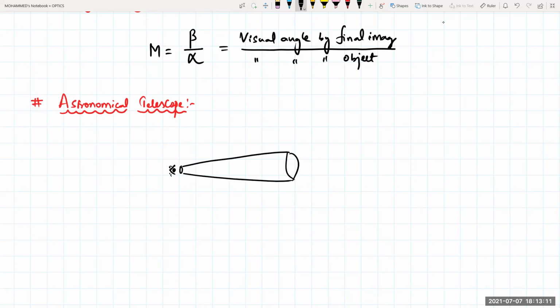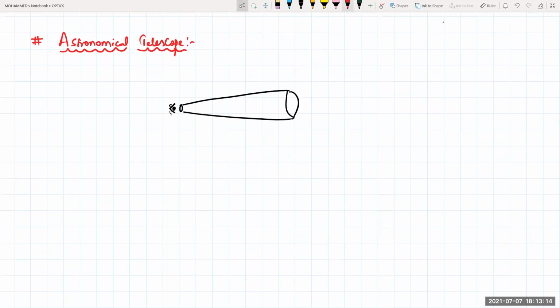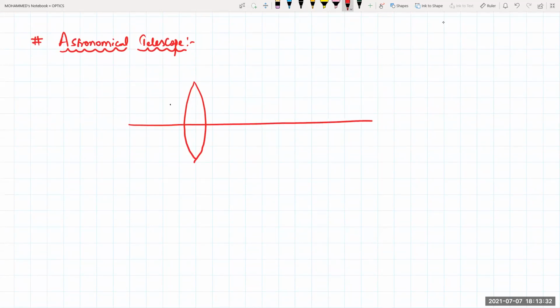Clear? Yes, sir. Now if I am talking about the lens right now, this will be the lens, something like this. This one will be the lens which is nearer to the object. The lens I'm taking first, this one is, for example, the object, this one is the principal axis, and this one is, for example, our eye lens. Okay, so this is your focal length right now. This is the plane of this one, and this is the plane of this one. So this is the focal length of what, beta? Objective, and this is the focal length of the eyepiece.